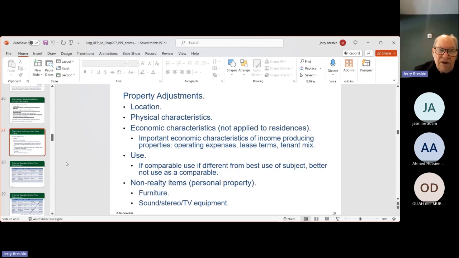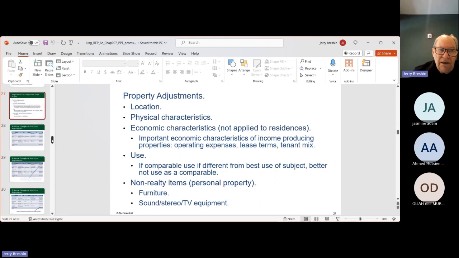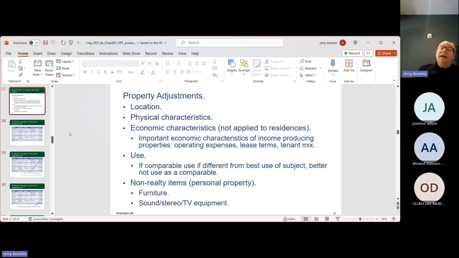Okay, personal property is really not included in the sale of a property in most cases. Sometimes a person who is selling a home will sell the home with the furniture there to try to get more money for the sale of the home. And why would the person sell the furniture? Because the furniture perhaps is old. The person is moving into a newer home and wants to buy everything new, which often happens.